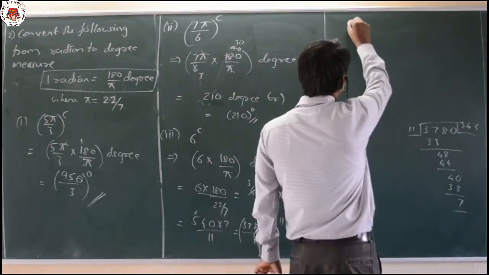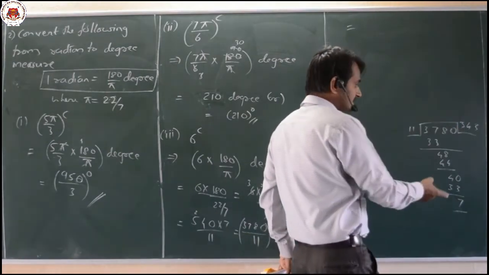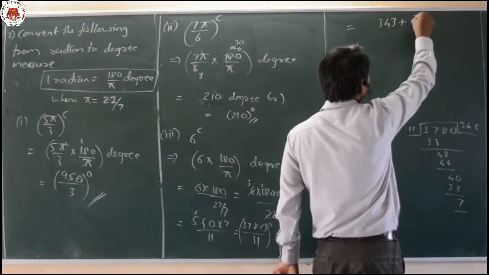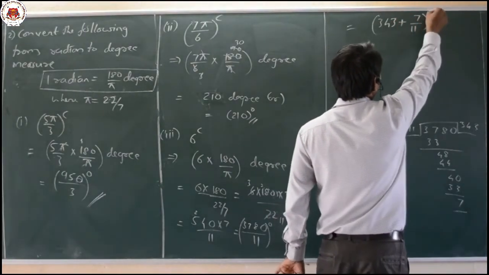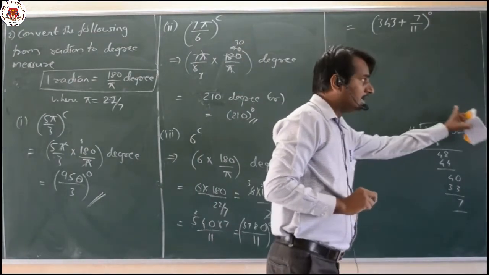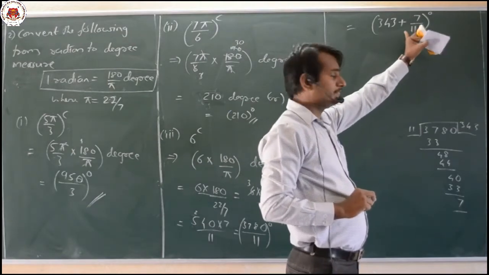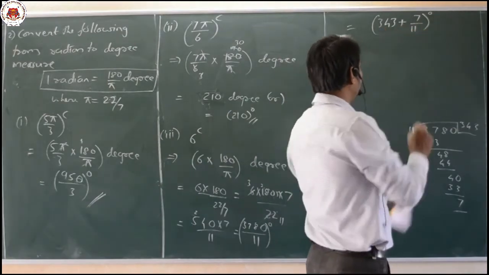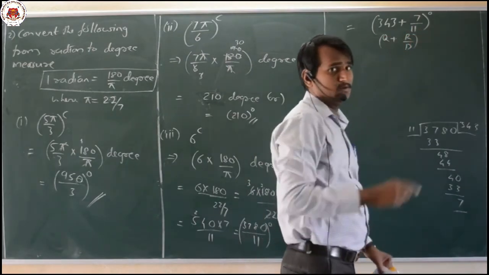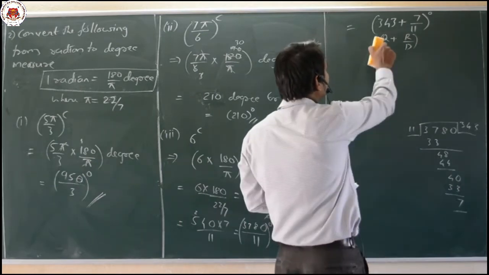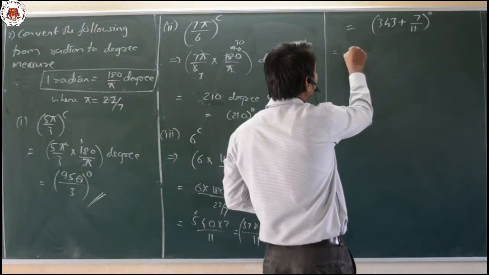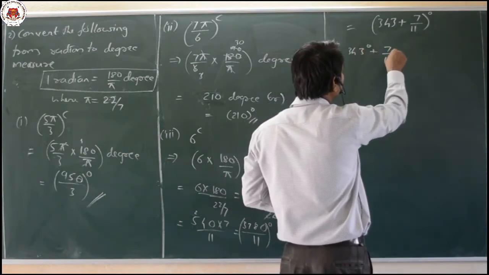That means the same value I can write as quotient, that is 343 plus remainder by divisor. Remainder means what we have, 7 divided by 11, that is nothing but in terms of degrees here. Okay, in terms of degrees. Okay, so that is nothing but the division algorithm. Okay, so what it is, quotient plus remainder by divisor. Okay, that is a formula what we had learned in the high school sessions. Now here, okay, so here this particular thing, that is nothing but here 343 degrees plus 7 by 11 degrees.